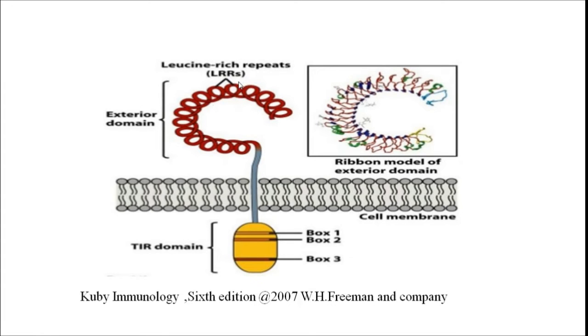If you see the structure of this toll-like receptor, you can see that the extracellular domain mainly consists of leucine-rich repeats, while a single transmembrane helix passes this toll-like receptor through the plasma membrane, and the cytosolic domain mainly consists of a region where the interaction of signaling molecules takes place, and it is highly conserved, and therefore it is labeled as box 1, box 2 and box 3.